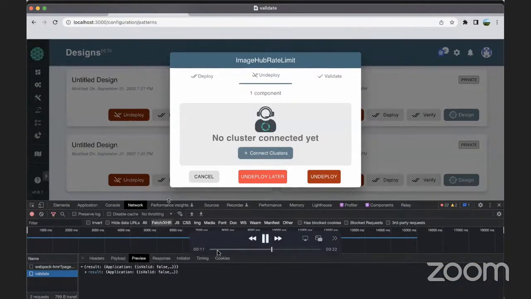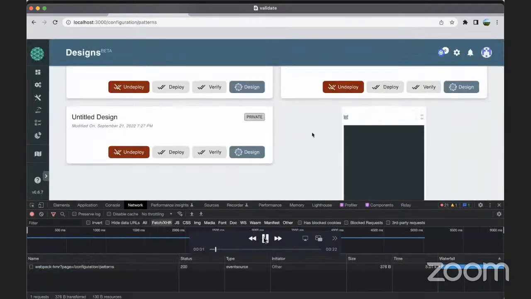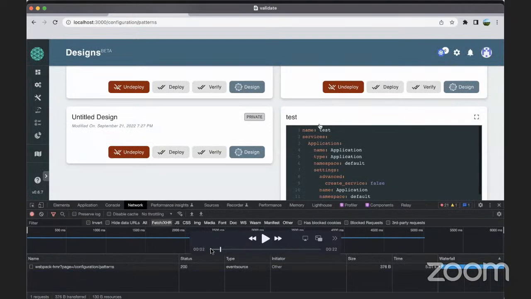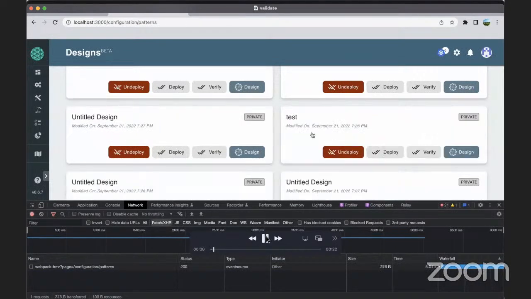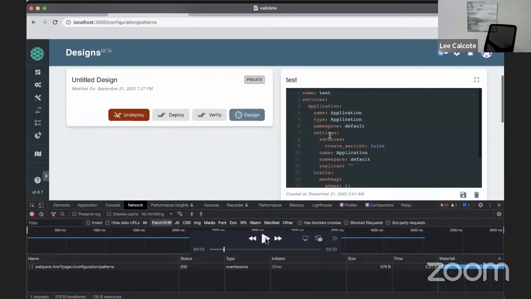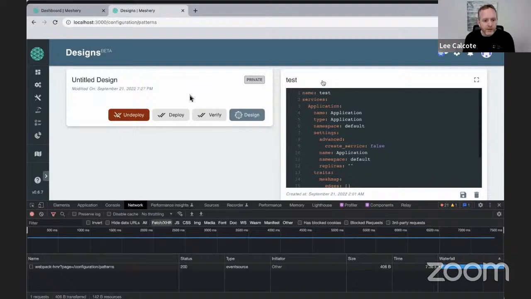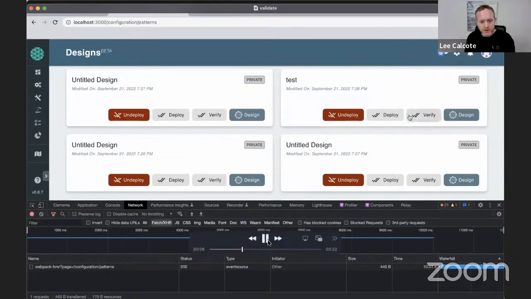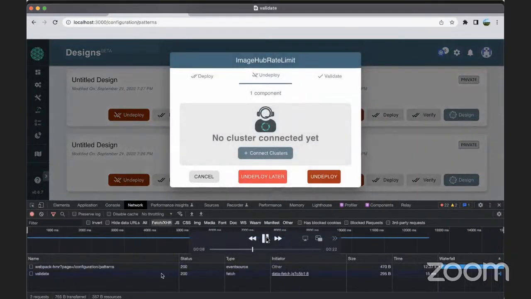I have one concern. If you see the buttons here, undeploy, deploy, verify, what should be the order of deploy or verify? What should be the order? Verify first, then deploy. And verify would just be a single check, right? Yes. Maybe you already said that.